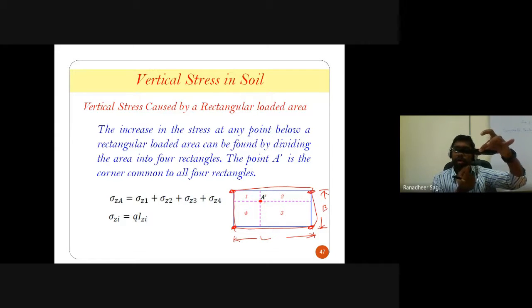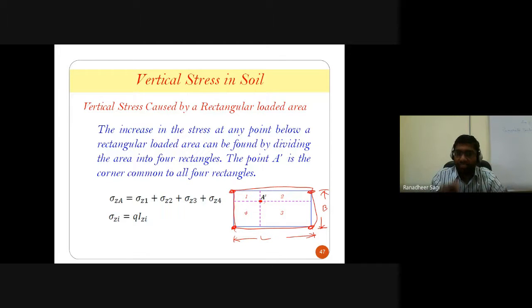I know the expression I can make use of for calculating the vertical stress with respect to the corner of the rectangular loaded portion. But here the point is not falling at the corner of the rectangular loaded area, rather it is somewhere in between. So what I should do is divide that particular area in such a way that the point you are trying to choose, at a depth of so and so, has its projection on that rectangular loaded area.